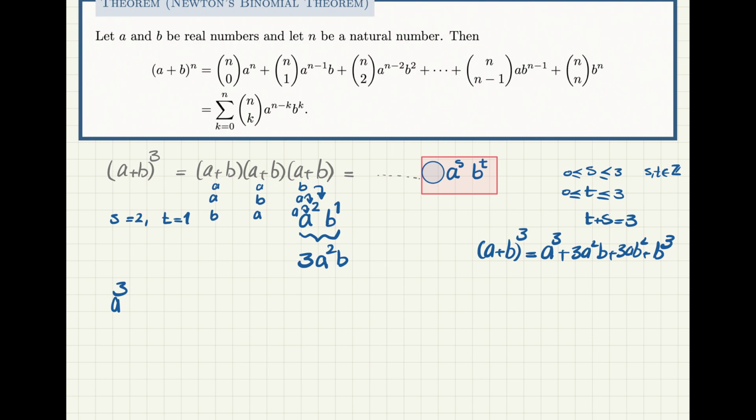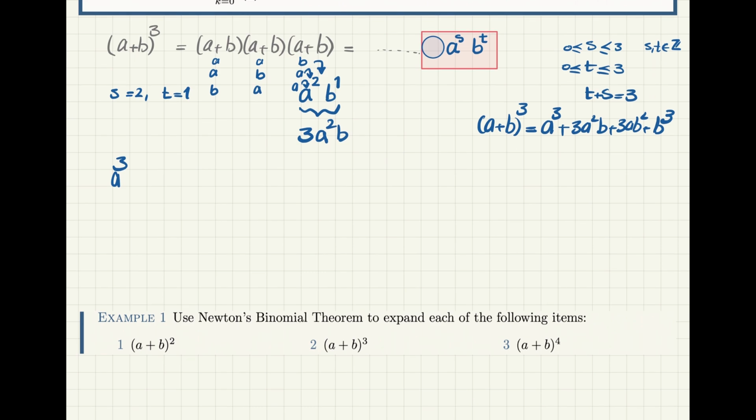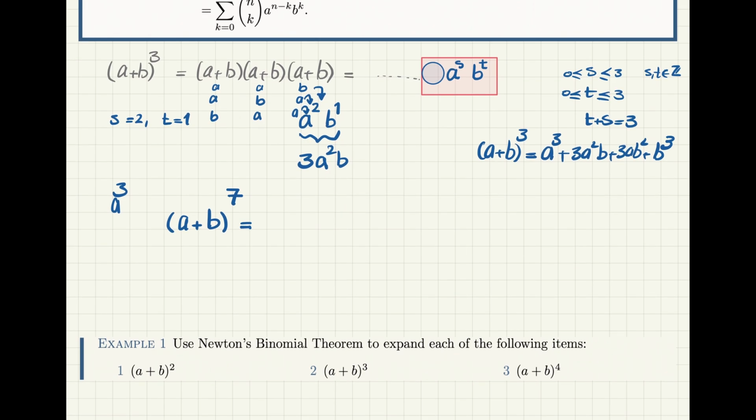Yes. Okay, now let us try to understand this, even though the formula is not fully written here. So let me write something in front of you. (a + b) to power 7. Okay, so if I want to write this, I already know what are the terms. The only problem is finding the correct coefficient for the term. Because I know that all these terms should be of this form,